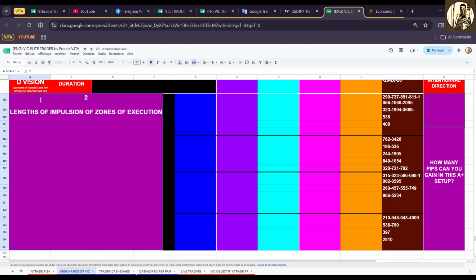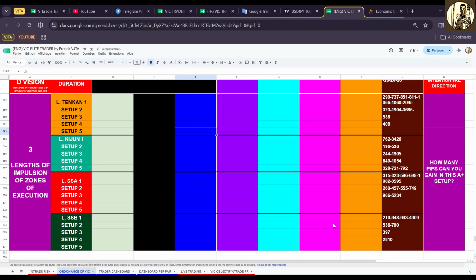So that's what we got. Since that's what we got, that's the idea of how many pips you can expect from SSB, in terms of how many pips you can earn. So when you are on Tenkan monthly, you should not expect more than 3,000 pips. Or you should expect at least a minimum of 290 pips.